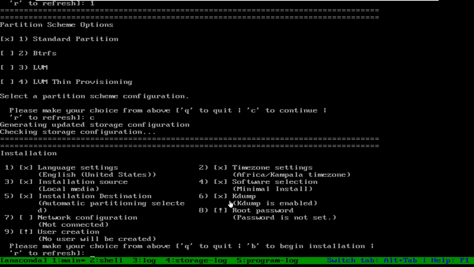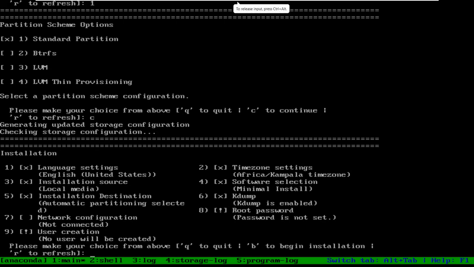If you have less than 2 GB RAM, it will not give you the option for kernel dump, because 2 GB is already very little, so you cannot reserve some space for kdump. If it is more than 2 GB RAM, it will be enabled by default. You can disable it if you don't want it, but I will not change it. We'll leave it as it is.